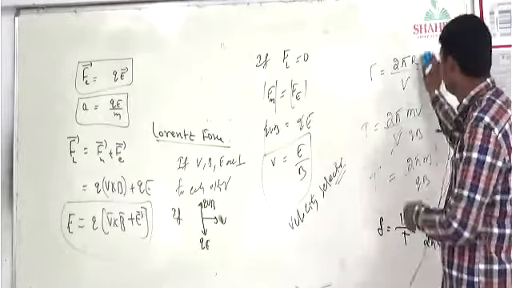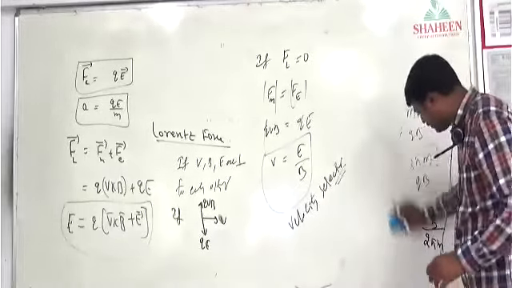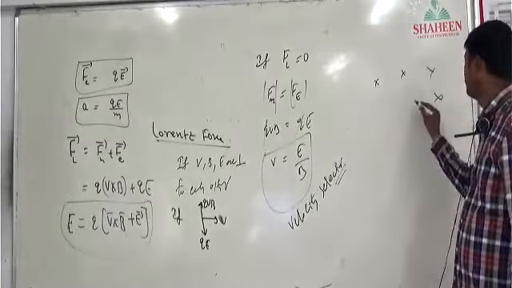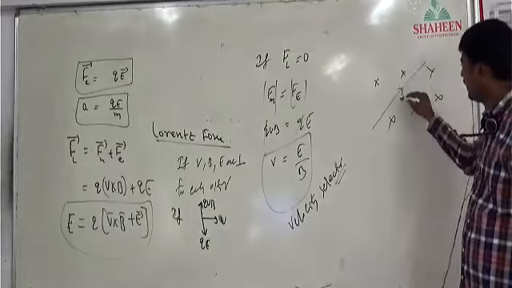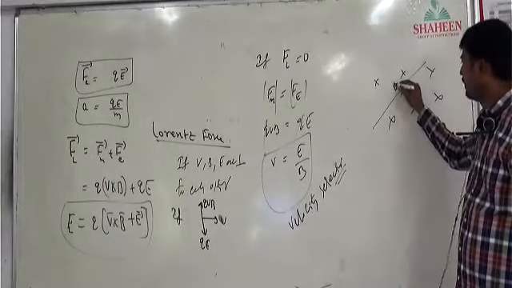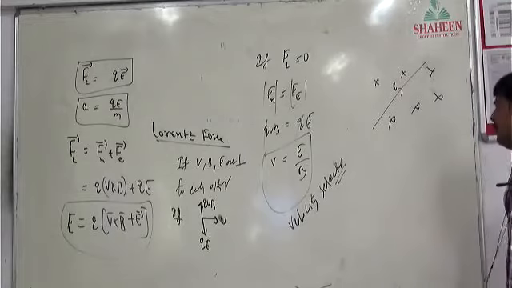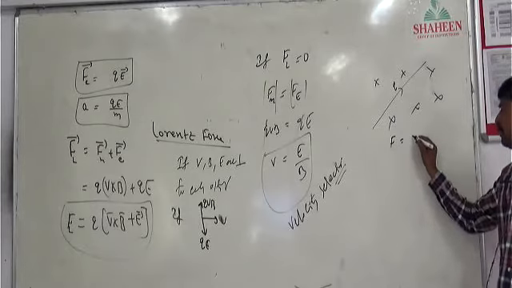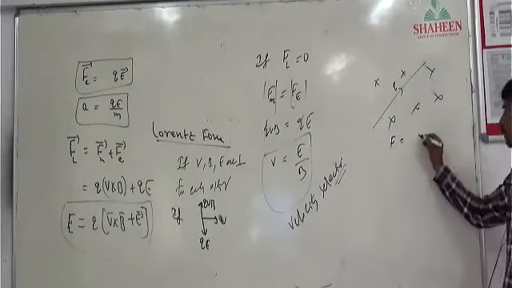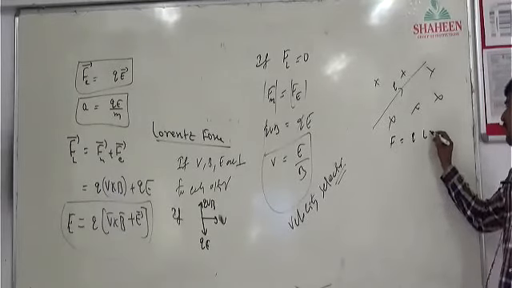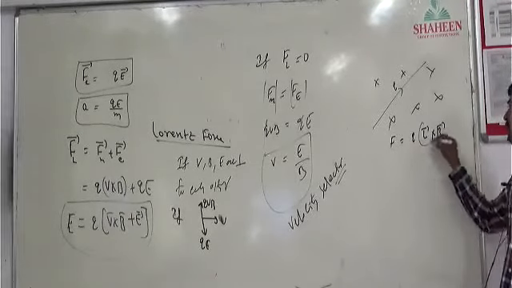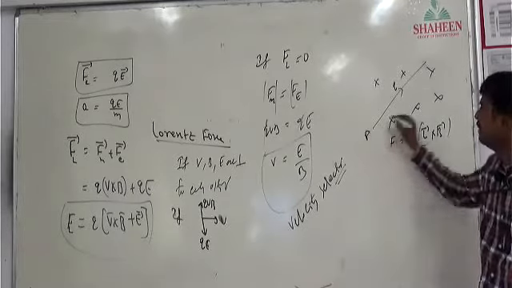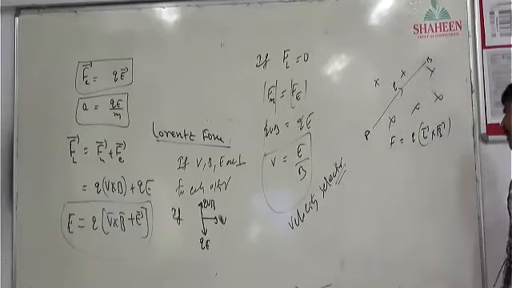And regarding force, one more case: a current carrying wire kept in a magnetic field. The magnetic field is there like this, and the current carrying wire has current I passing. What is the magnetic force on this wire? The force can be written the same way; in place of Q, I will come. So it is I L cross B, where L is the length of the wire. Suppose this is the A end and this is the B end, so the distance between A and B is the length L.